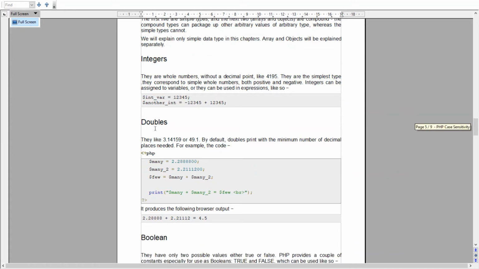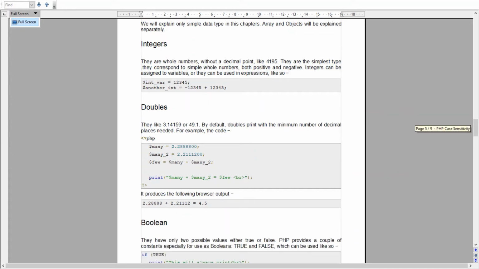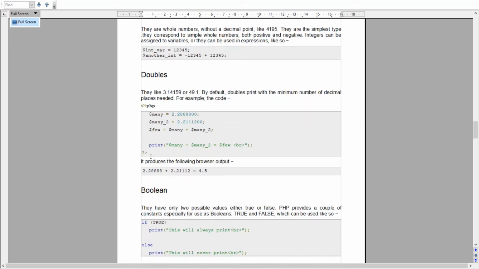Then comes the double data type. To this we have to assign a decimal value. Double prints the minimum number of decimal places needed. For example, in this code we have put the value 2 point something, and we have taken another variable in which we are adding the values of these two variables, and after addition this value will be assigned to this variable.